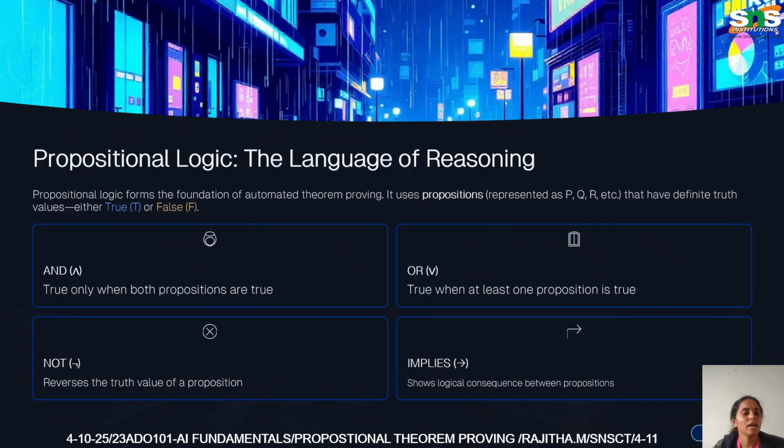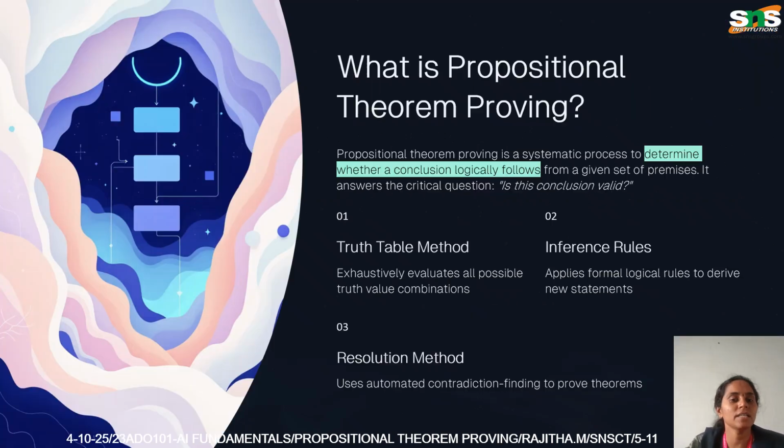and reliable. And propositional logic is the language computers use for reasoning. It deals with statements called propositions that are either true or false. For example, if "it is raining" is a proposition, we use operators like and, or, not, and implies to connect these statements. So, if it is raining implies the ground is wet,